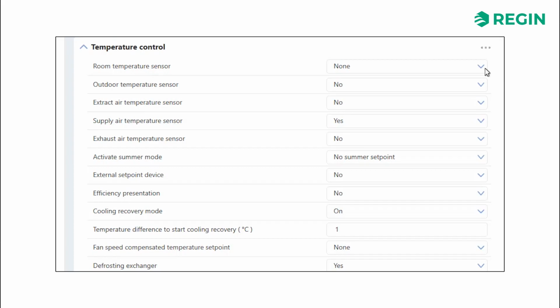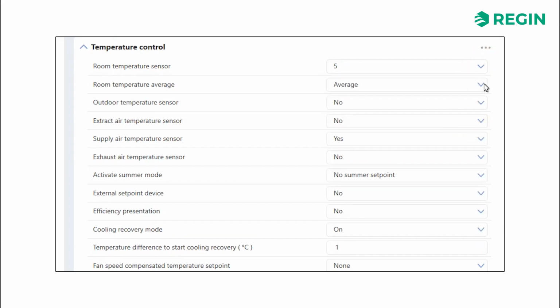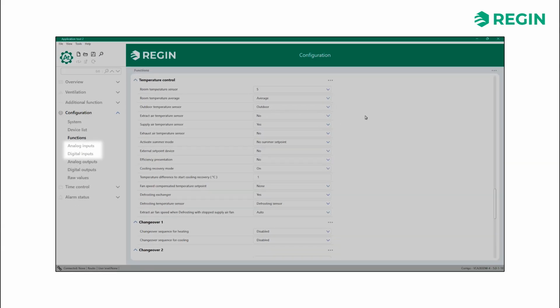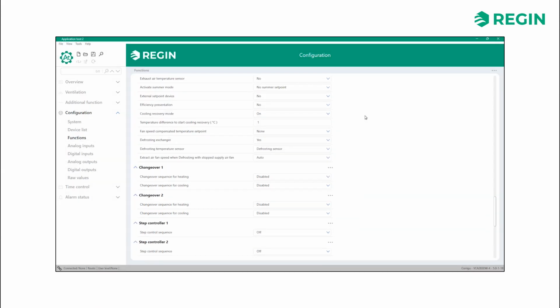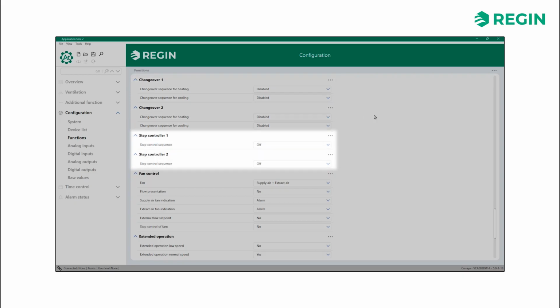As an example, let's add 5 room temperature sensors, using the average temperature as the calculated value to control from. Let's also enable an outdoor temperature sensor. These sensors will now appear in the list of configurable inputs. Scrolling further, we can also enable changeover functions and step control sequences, as well as make adjustments to the fan